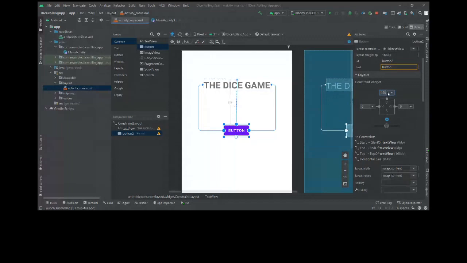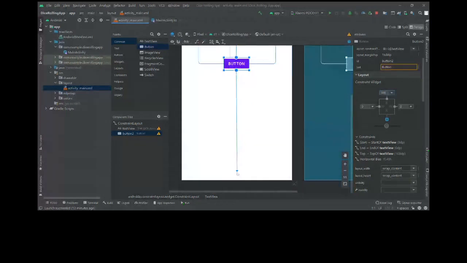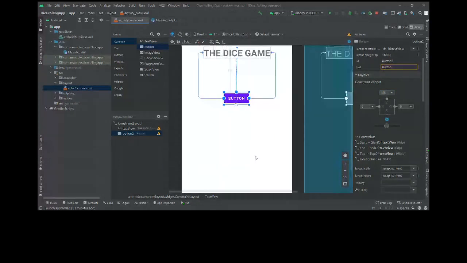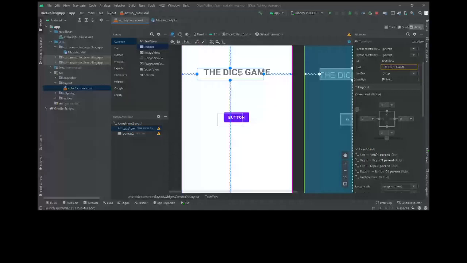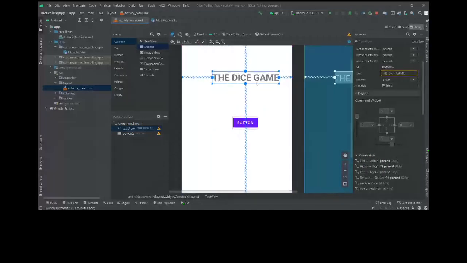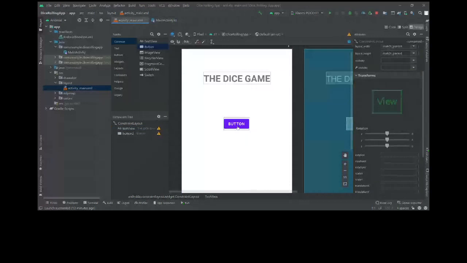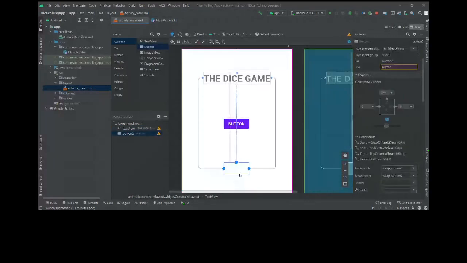That's what this means. You don't need to change this one, it is fine. What this does is if you move the text, the button moves with it. So it will be easy to manage and edit the application later. For now, I want this to be lower, like here.